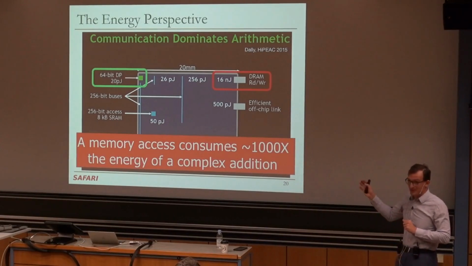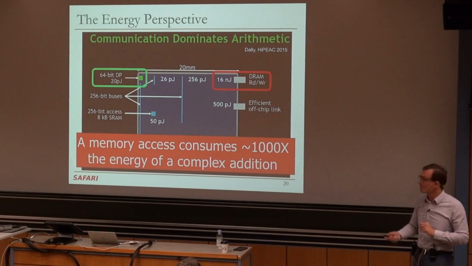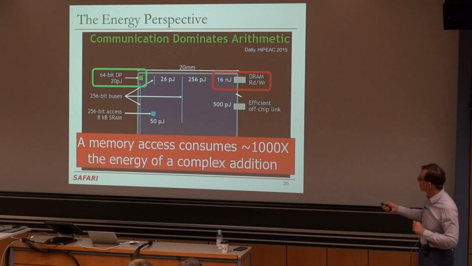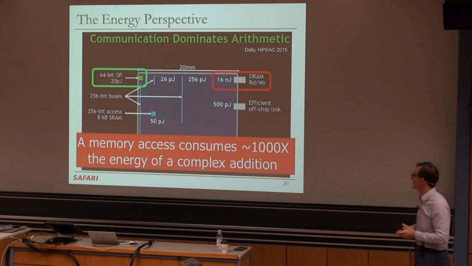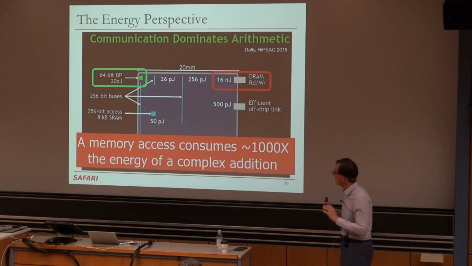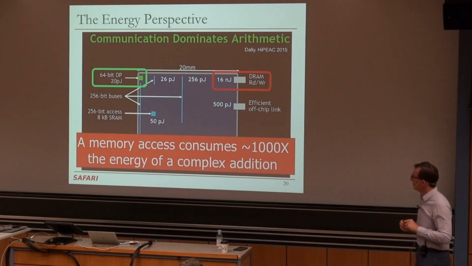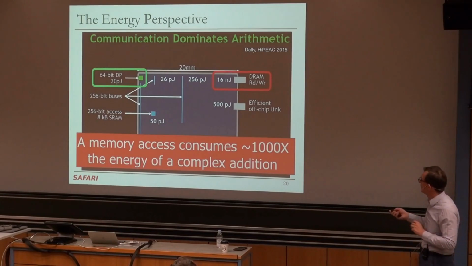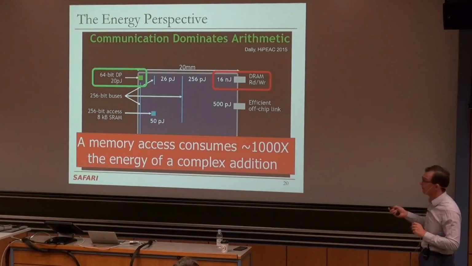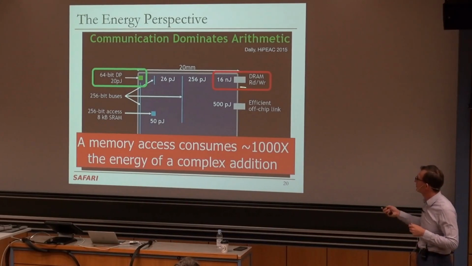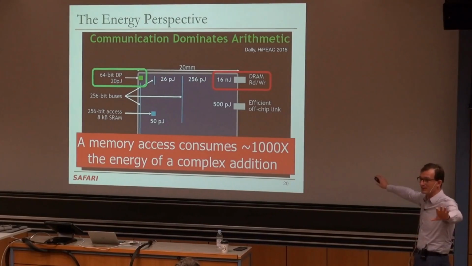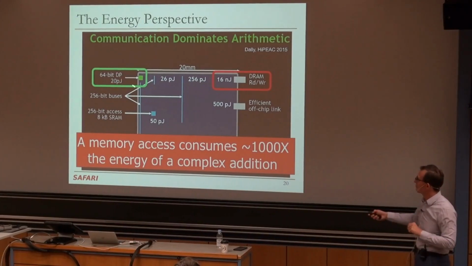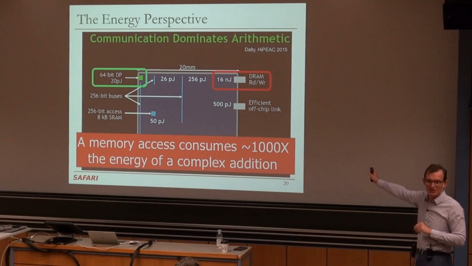So you can argue with all of these numbers, of course, and people try to improve all of these numbers. This is improving, and this is also improving, but the relative difference is remaining the same. So it's good to ask the question right now, looking at this figure: assuming you don't have a whole lot of locality in your system, if you're doing a floating point operation, does it make sense to bring 2 items that are located in different places in memory, do the operation, and write it back to some other location in memory?